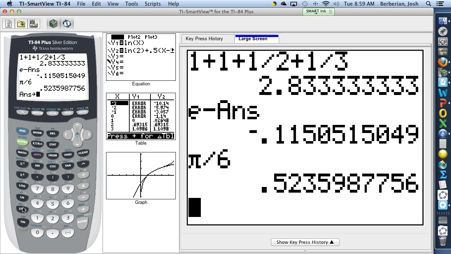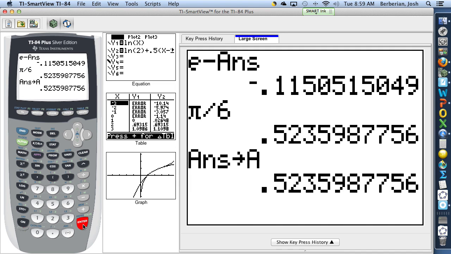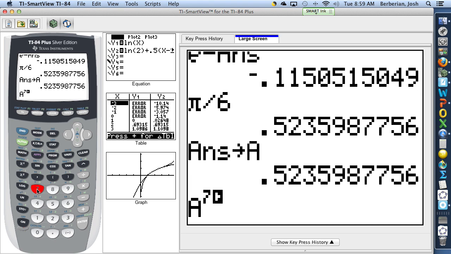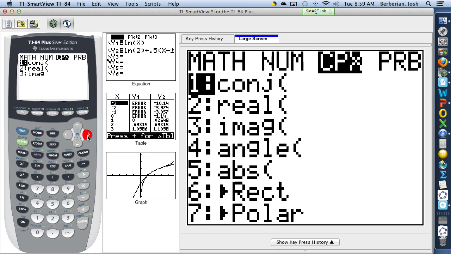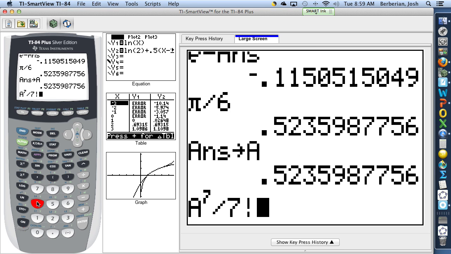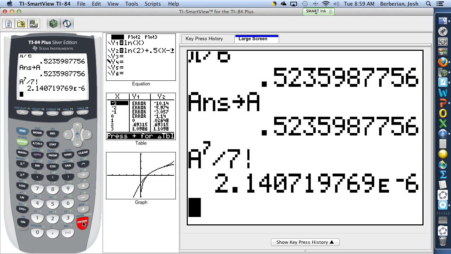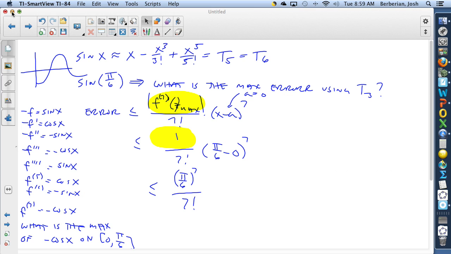So it's some value. I'm going to store that as alpha a. So this is telling me that the error is less than pi over 6 raised to the 7th divided by 7 factorial. The error is going to be like 2 millionths. And that's pretty cool because it tells me if I go and plug in pi over 6,